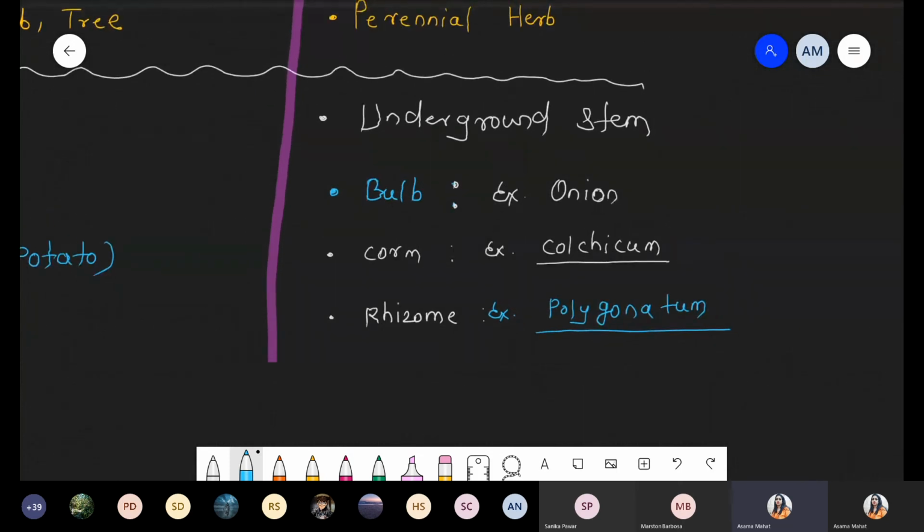More specifically, we just discussed that stem is divided into three types. Underground stem means stem present inside the soil. Subaerial means some portion of the stem is below the soil and some above the soil, a 50-50% scenario. And normally what we see is the aerial stem, which is exposed to the environment above the soil area. But when we talk about Liliaceae, there is the presence of underground stem, and its types are bulb, corm and rhizome. So these are the categories that come under the Liliaceae family. Got it?